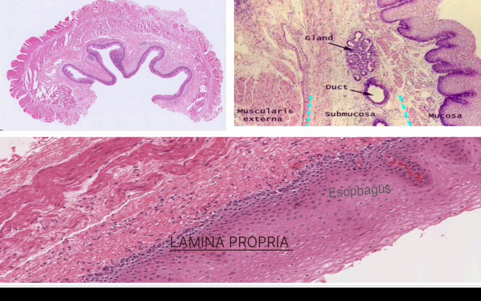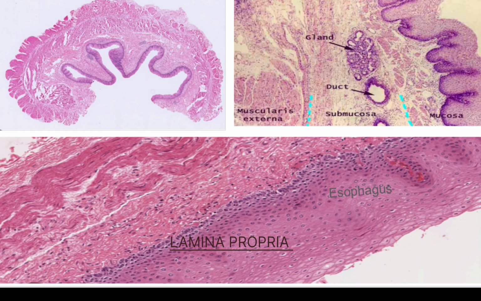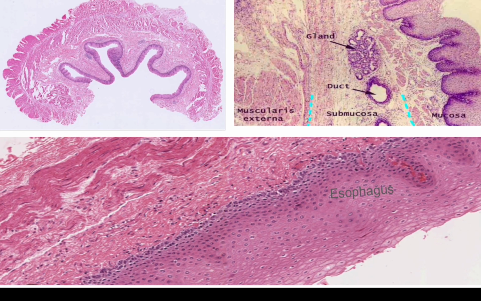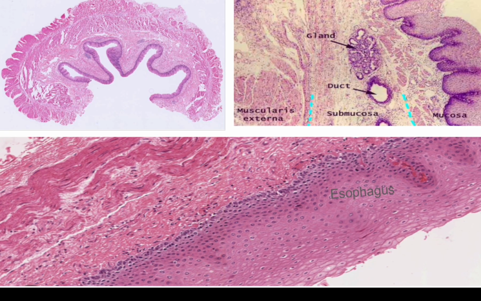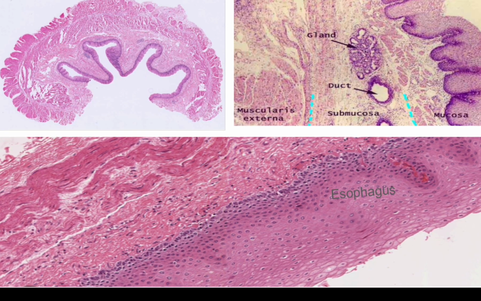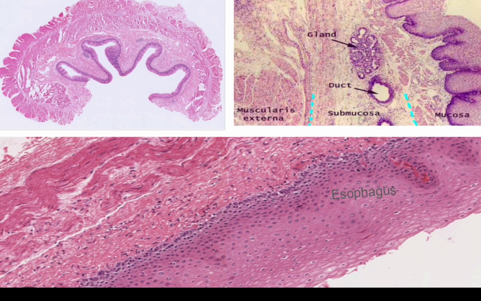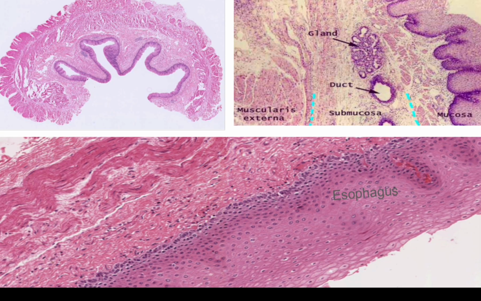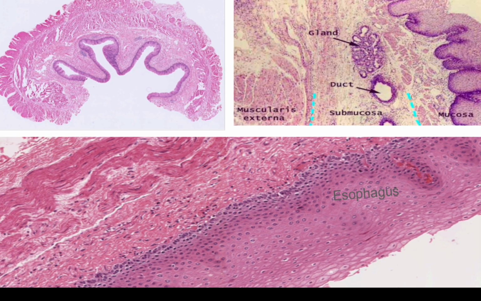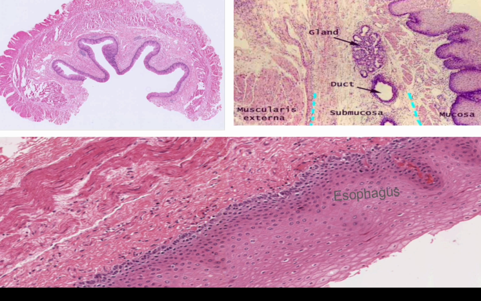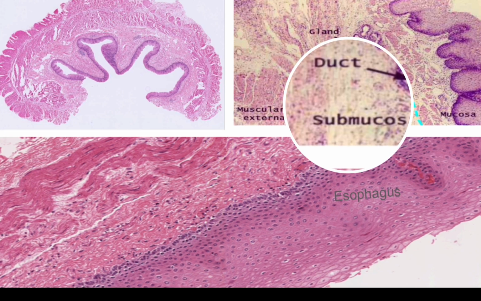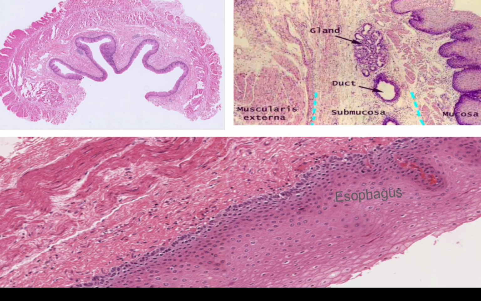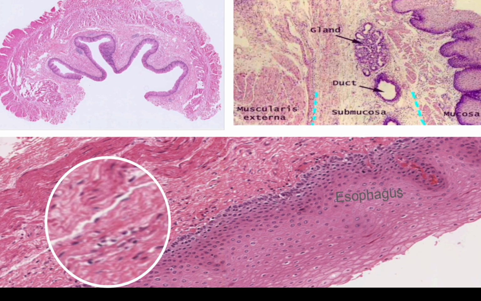And underneath it is the very thin, indistinct muscularis mucosa. Outside the muscularis mucosa, we will find the submucosa, and after the submucosa, we get the inner circular and outer longitudinal layers. In the submucosa, you often find mucous glands, and then coming to the muscularis externa, we will find the inner circular and outer